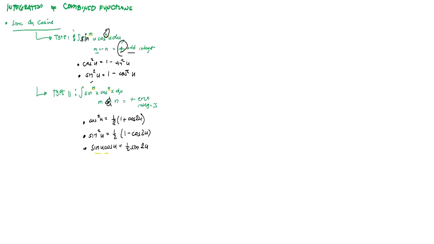Hi, welcome back. This time we're going to have an example regarding the combined functions of sine and cosine under type 2. We can say that it is under type 2 if the powers m and n of both sine and cosine are both positive even integers. So, for example,